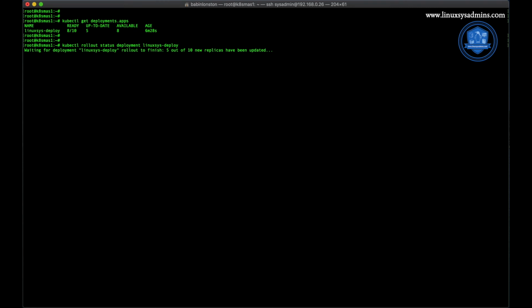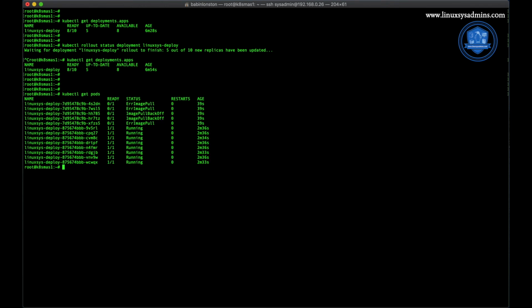Earlier we were trying to upgrade with 1.18, but the image version was wrong, so it failed. Okay, kubectl get deployments, kubectl get pods. You can see the ImagePullBackOff. That means the image name is wrong.